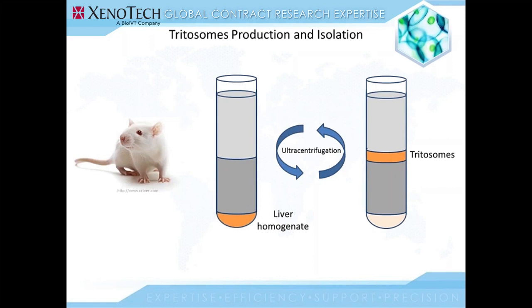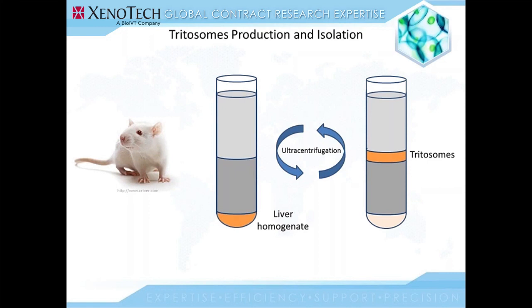So I just want to quickly go through how we make our tritosomes. We take a single dose of tyloxapol, intraperitoneal injection into a rat. 5 days later, we harvest the tissue, we homogenize it, and through various centrifugation steps, we end up with a pure preparation of tritosomes. So what we do is we layer the liver homogenate underneath the sucrose density gradient, and